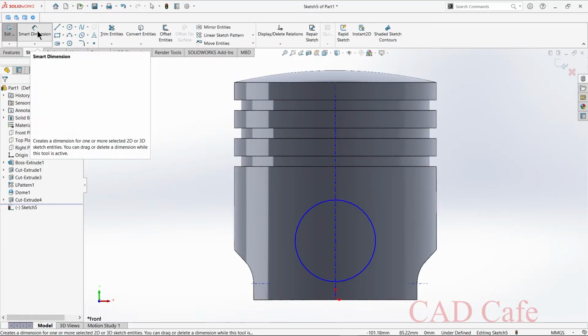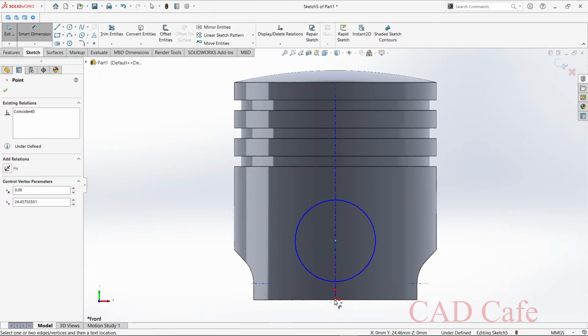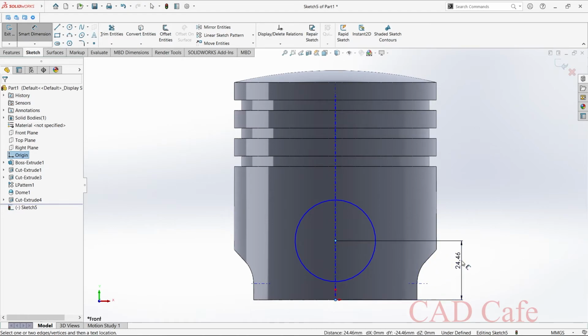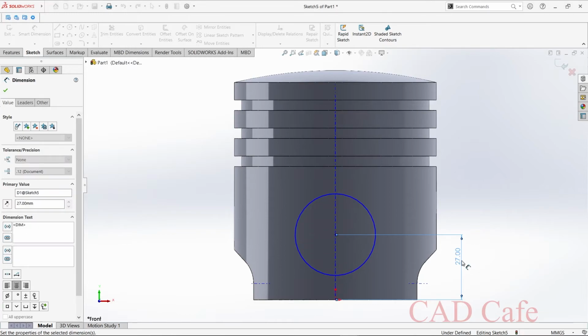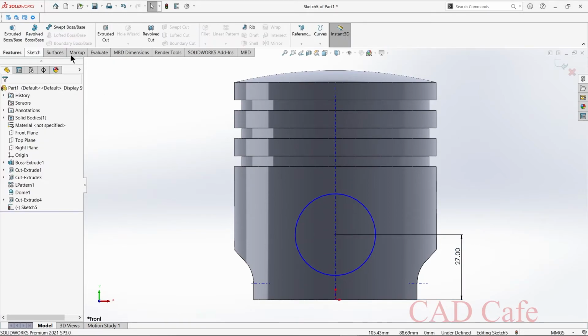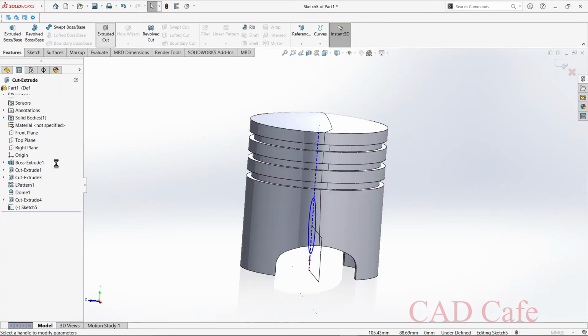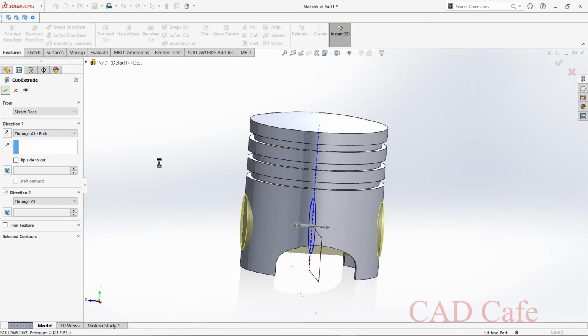So select smart dimension, select this point, and this point should be 27. Okay, and select features, extruded cut, and select through all both.